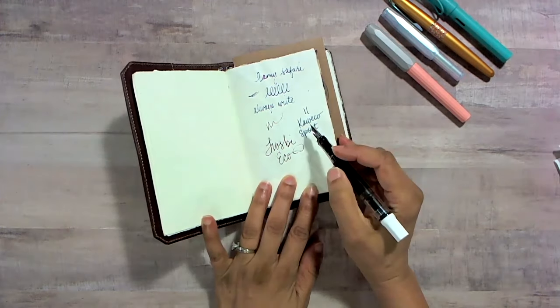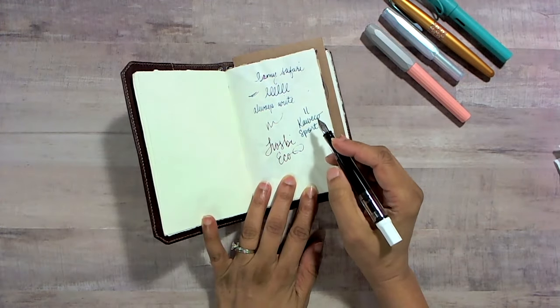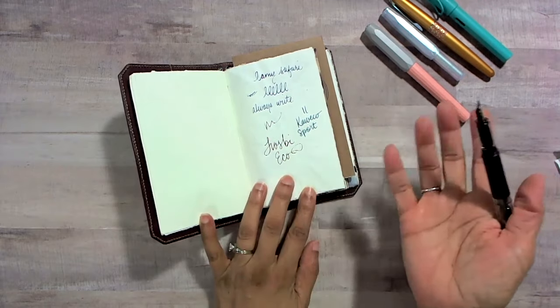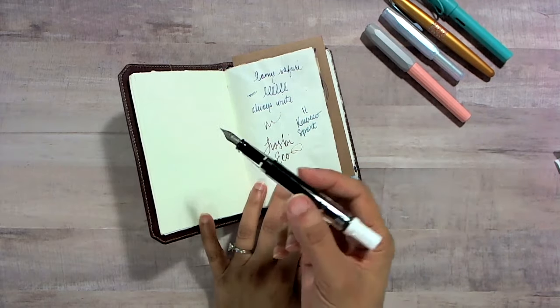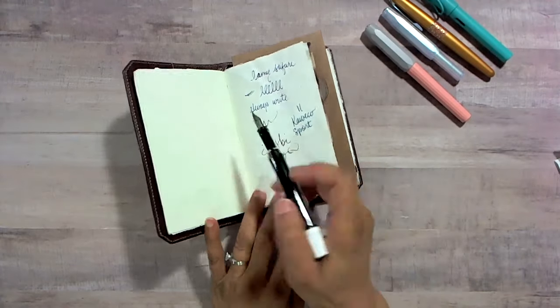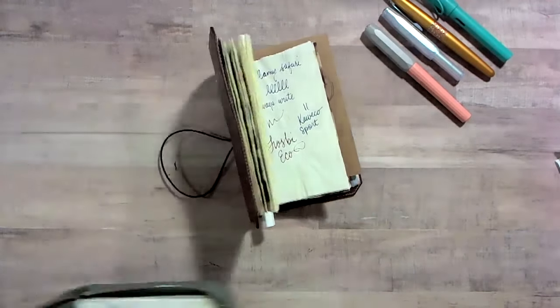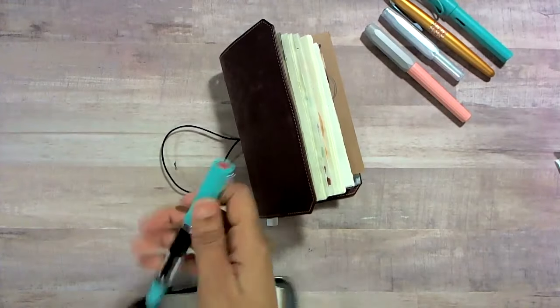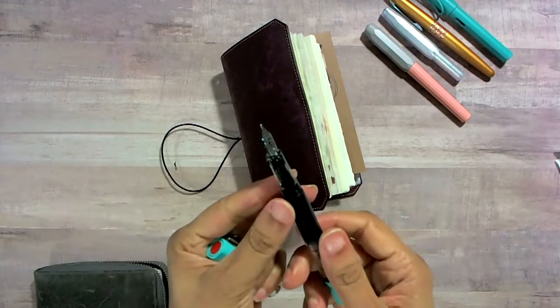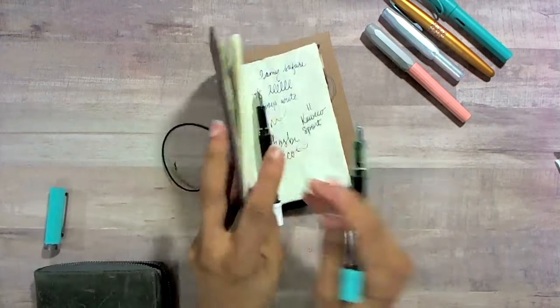The nibs are gorgeous. They write beautifully. And I like different types of nibs. So I have fine, Twisbees, medium, and broad. I think I even have a Twisbee that has what we call a stub nib. And I'll do a video about nibs. So this one is a stub nib,